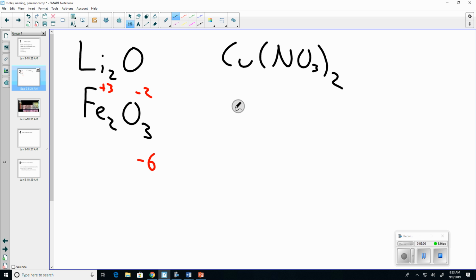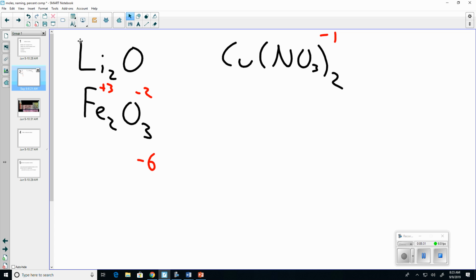But at the same time, start looking at your polyatomic ion sheet, hopefully recognizing those patterns. Again, NO3 has a -1 charge. Now that one, just to know off the top of your head, is a little tricky. However, when we start doing Lewis dot, hopefully you'll be able to see where that came from a little bit better. So if nitrate is a -1 anion, and there's 2 of them, that must mean this is copper 2